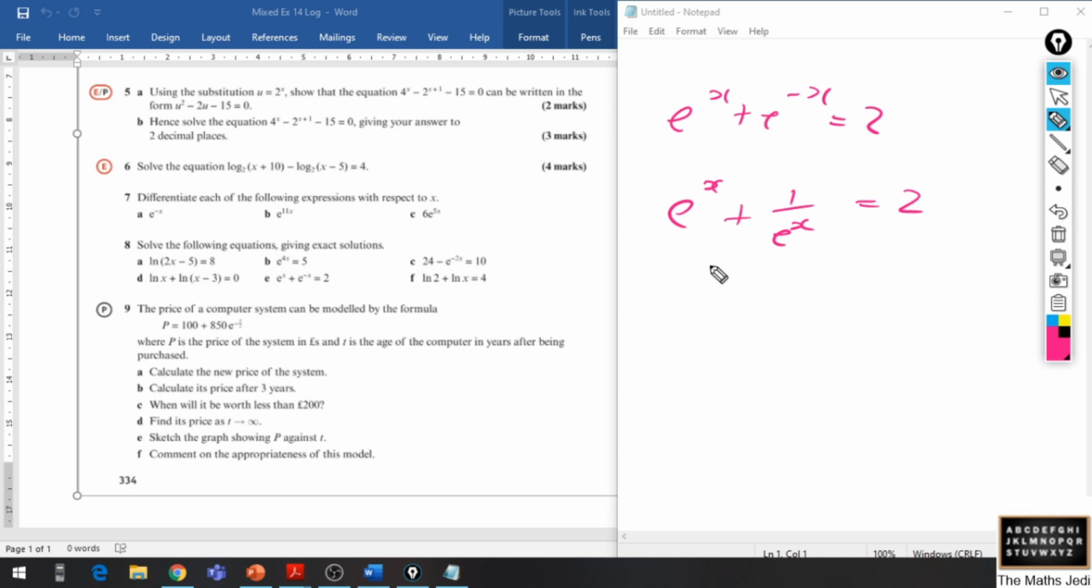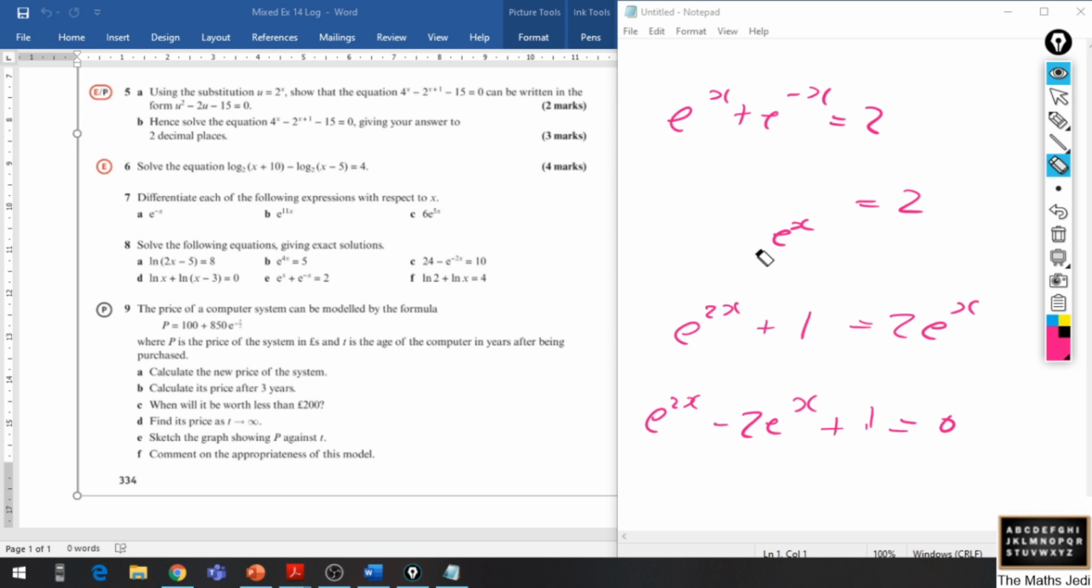So we can actually manipulate this quite easily. If I multiply everything by e to the x, I would have e to the 2x here, because this is e to the x. Then I'd have 1, because this times e to the x. And then I have 2e to the x on the other side. If I take all the e to the x expressions together, you can see now I'm getting a familiar pattern. I can let y be e to the x, in a similar way to what I've done on previous videos,